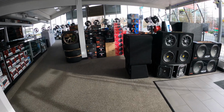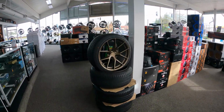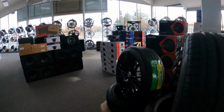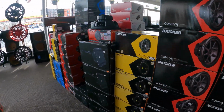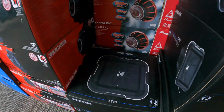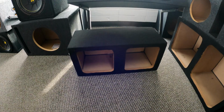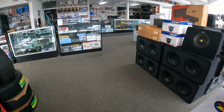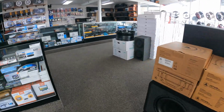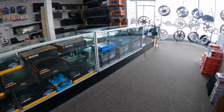All right, y'all, we're in the radio shop right now, just waiting for the car to go in. But I'm gonna show you what subs I got right now. So I got these, the L710s right here. I got two of them. I believe this box right here is gonna be going in the car, a little small box for the G. Then the amp that I got is right over here. We got a 1700 watt